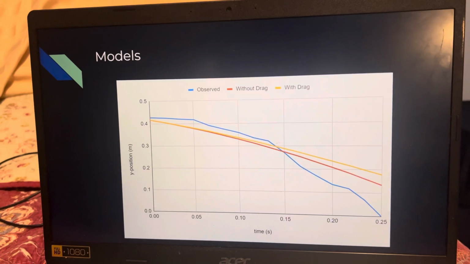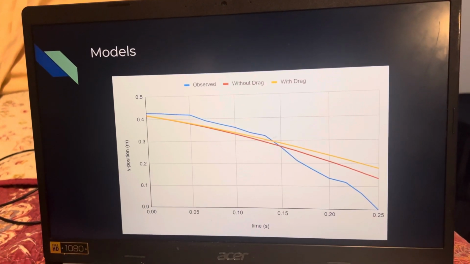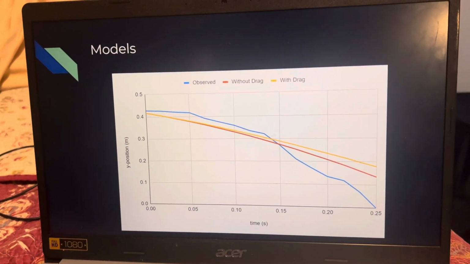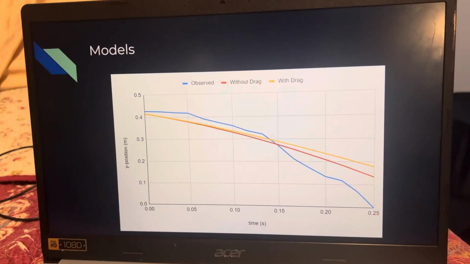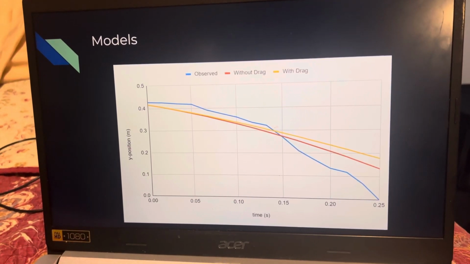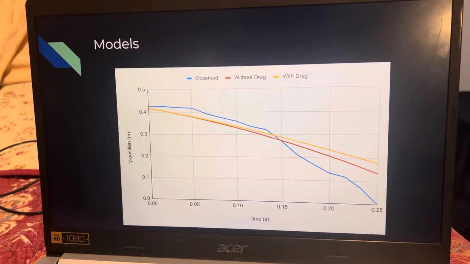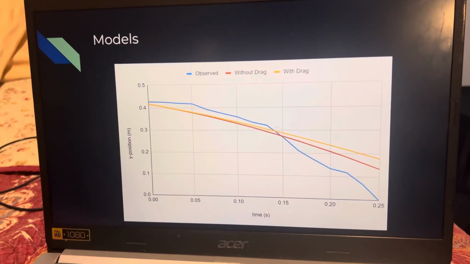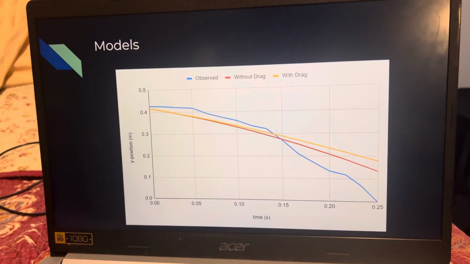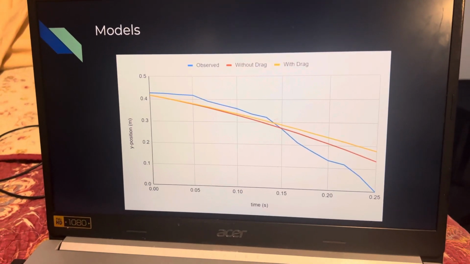So for the model, the blue curve is the observed one, which was from the video in Tracker. The red one was without drag, so just only gravity, and then the yellow one, or the orange one, is with drag, so both gravity and drag. And as you can see, they're all negatively sloped, which makes sense, and they all start at a y position above the origin, because I dropped the object at an initial height greater than 0,